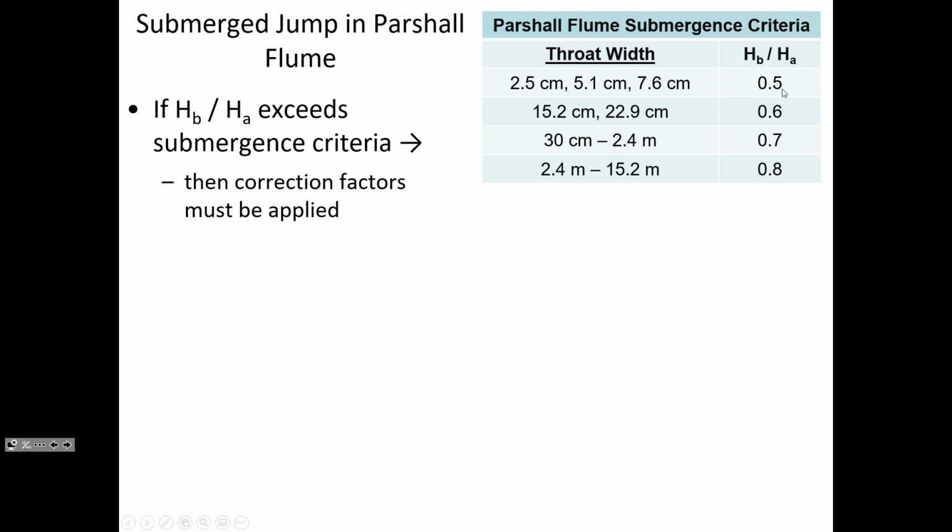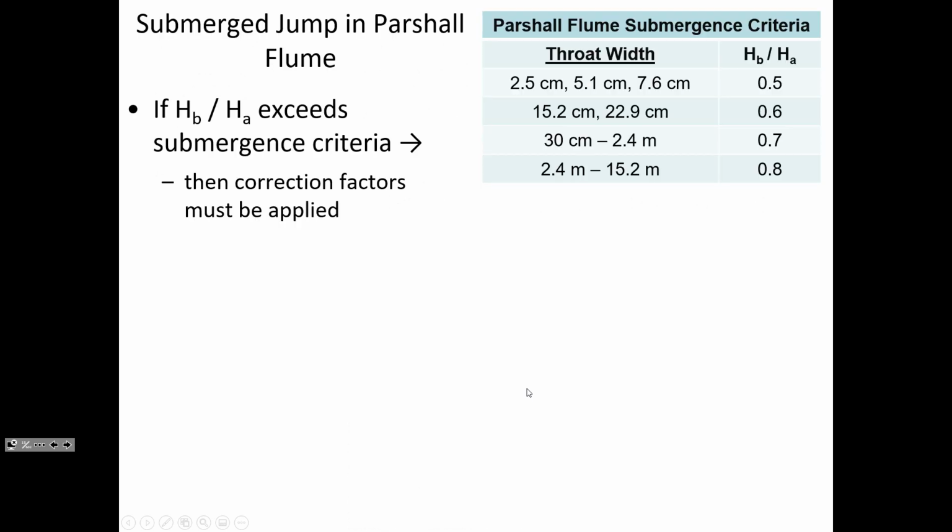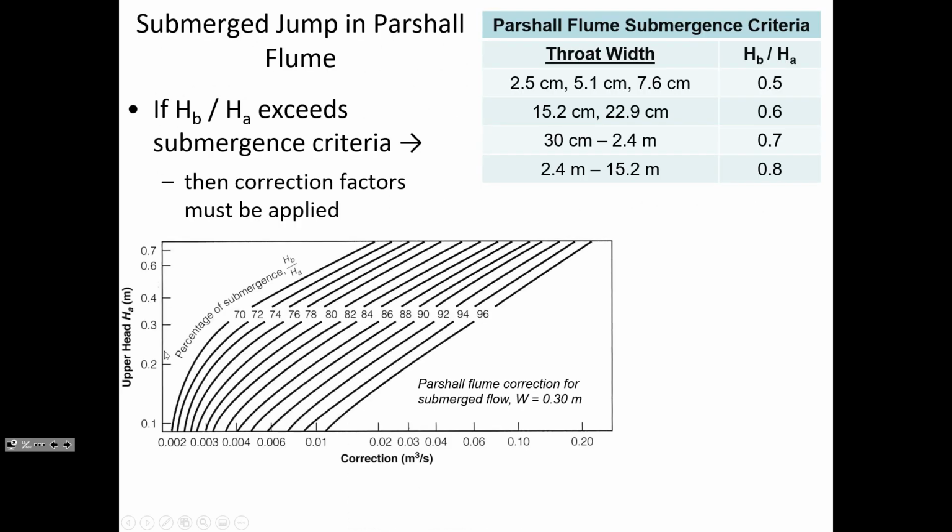And so if the downstream depth is more than, let's say, 60% of the upstream depth for a flume that's 22.9 centimeters wide, then we'd consider that submerged. And once you determine if it's submerged or not, so if the H sub B, the downstream depth, is less, then that means the hydraulic jump is flowing unencumbered, and you can just use these equations with no correction. But if you do need to correct, then what you'd do is you'd find the appropriate figure. This one, C, is for 0.3 meters. And then you'd start with the upper head depth, intercept the percent submergence curve, and then you'd come down and